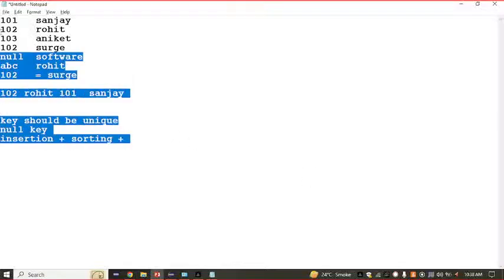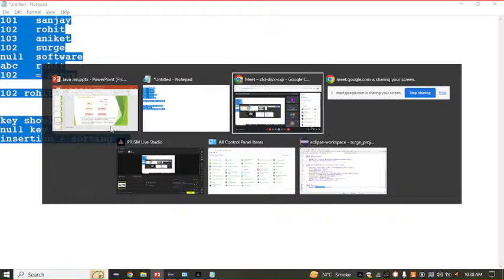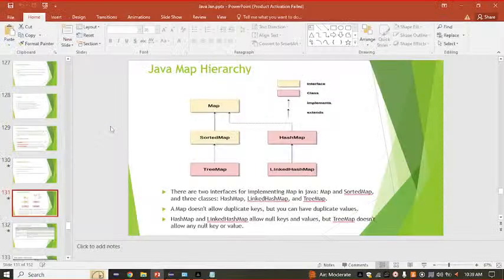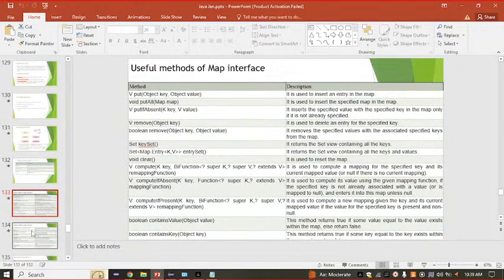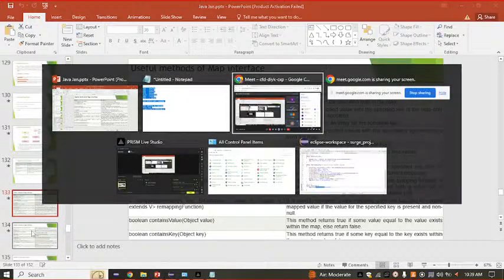Yeah, that is nice. Now just come over here, outside. This is the hierarchy, and here we haven't seen any collections. Yeah, we have a lot of methods of the map interface. Let's try. So come over here,